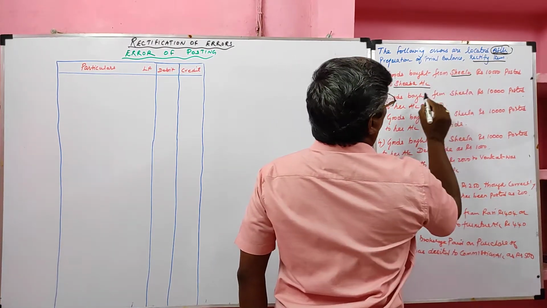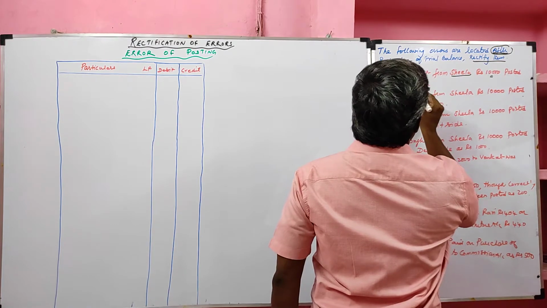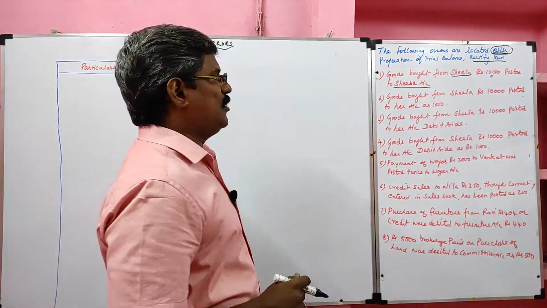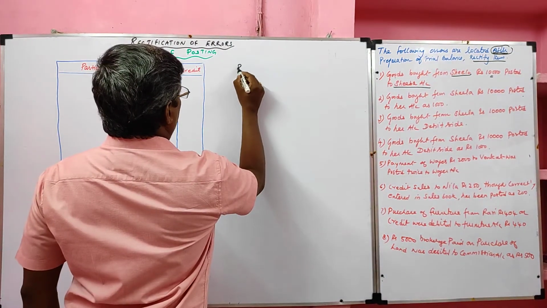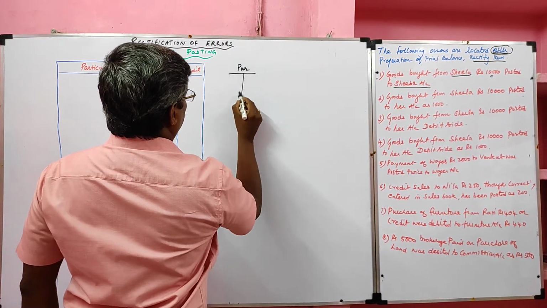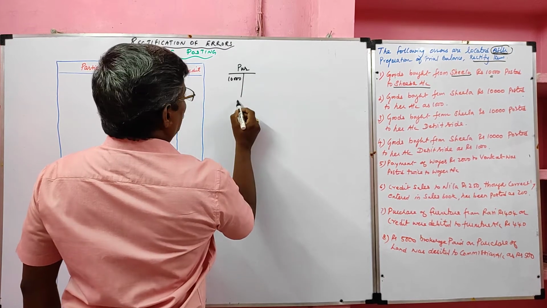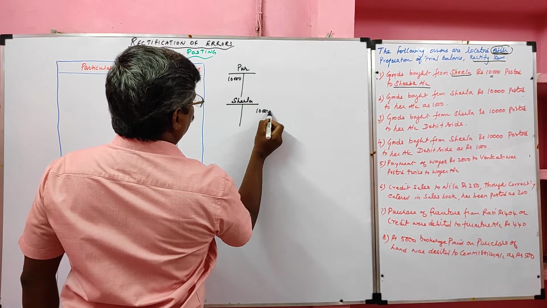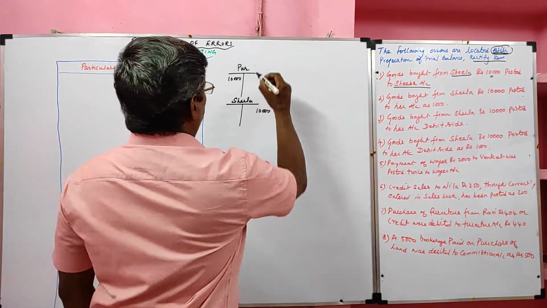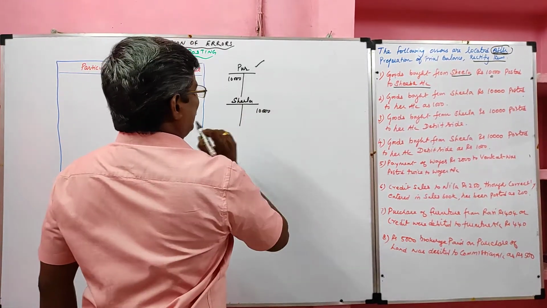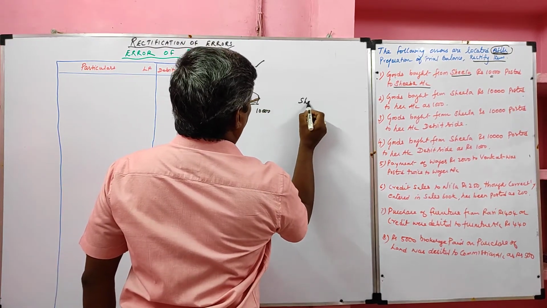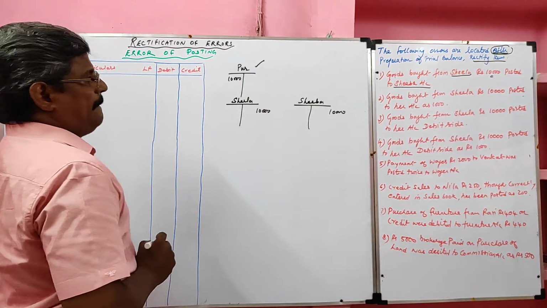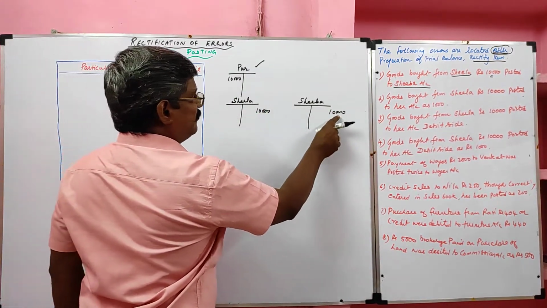Question number 1. Goods bought from Sheila, rupees 10,000, posted to Sheba account. Actually, we bought from Sheila, posted to the Sheba account. So the correct posting is purchase account, debit side we should post. Then Sheila account should be credited. But what happened? Purchase account debited correctly. Instead of Sheila account, they gave credit to the Sheba account.